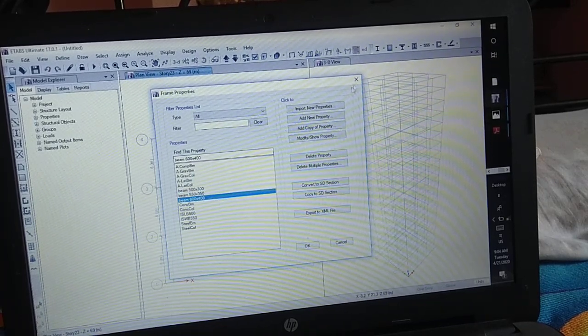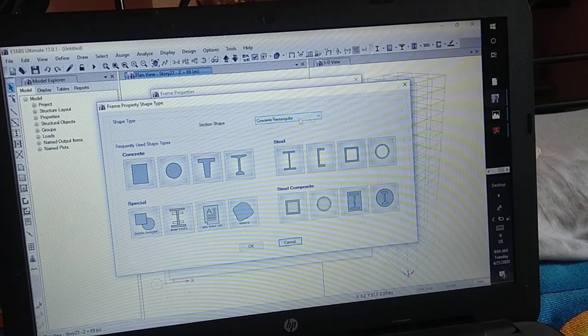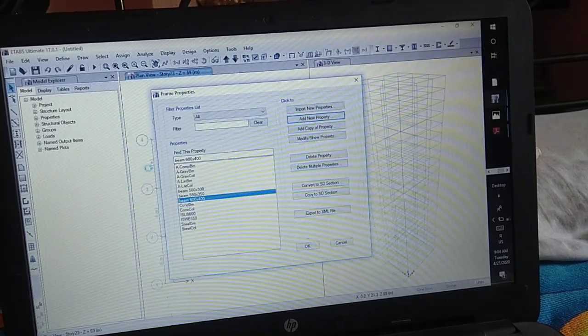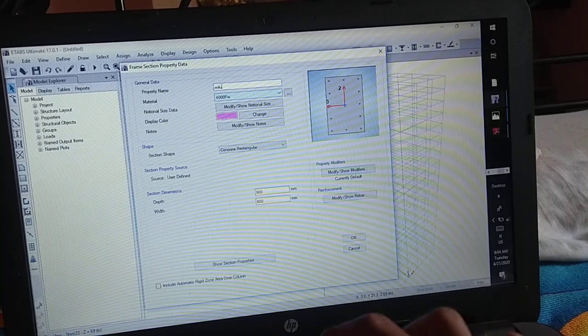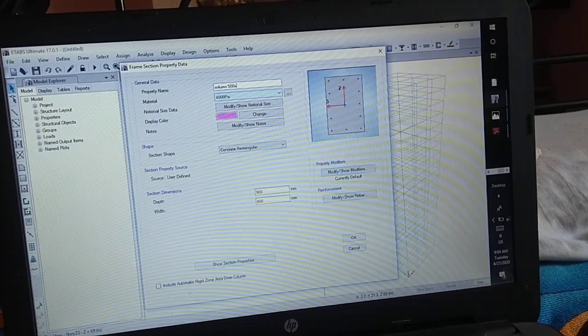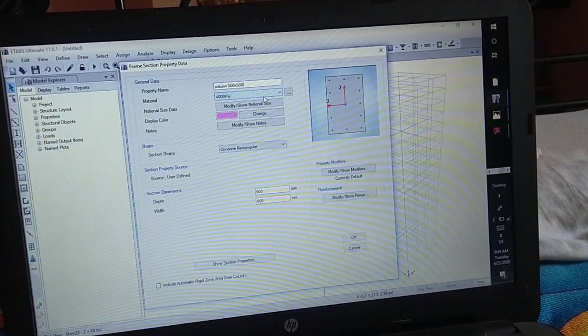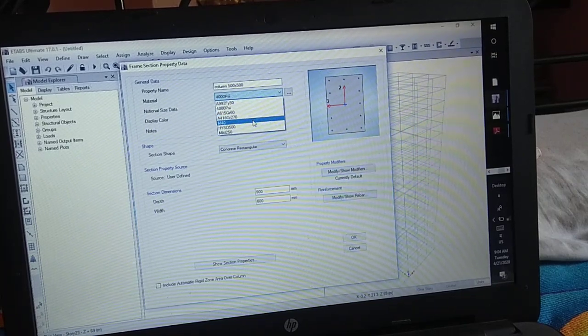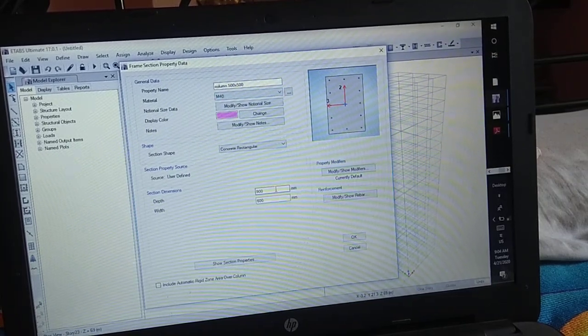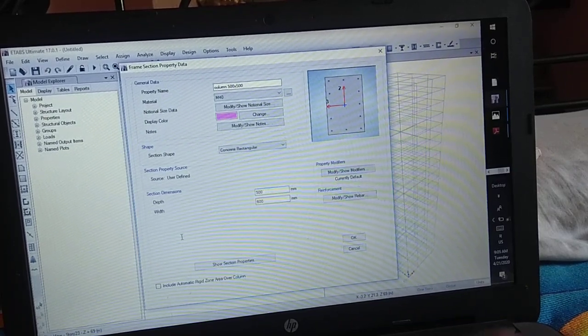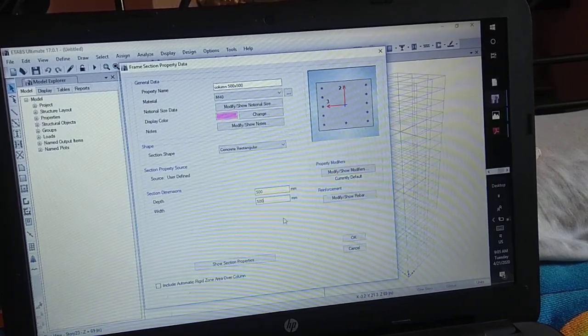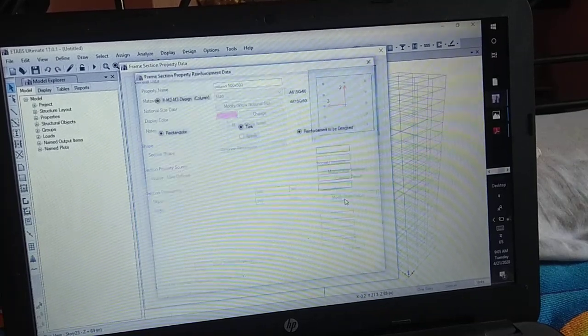Next, these 3 beams are done, then we have to add new property for columns. So concrete rectangular column, then name the column 500 by 500, material M40, then change the dimensions 500 by 500, then modify reinforcement data.